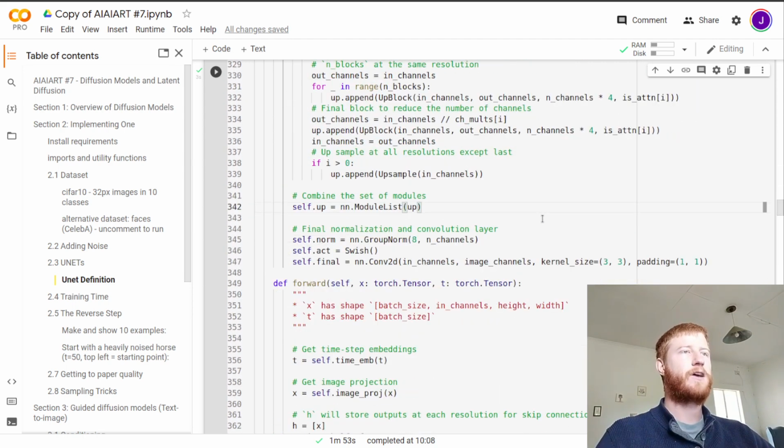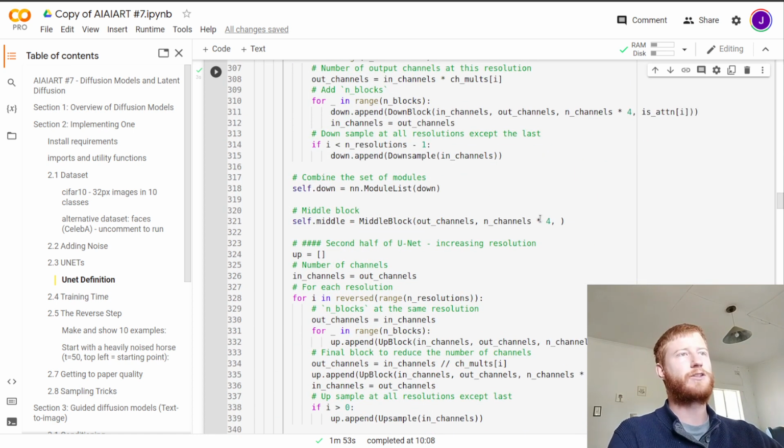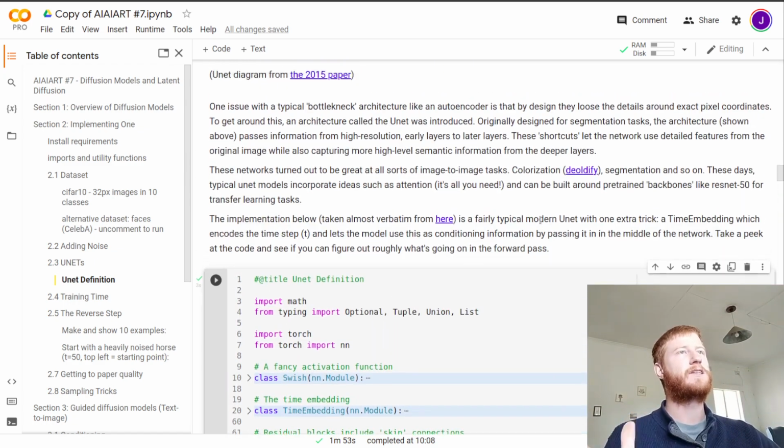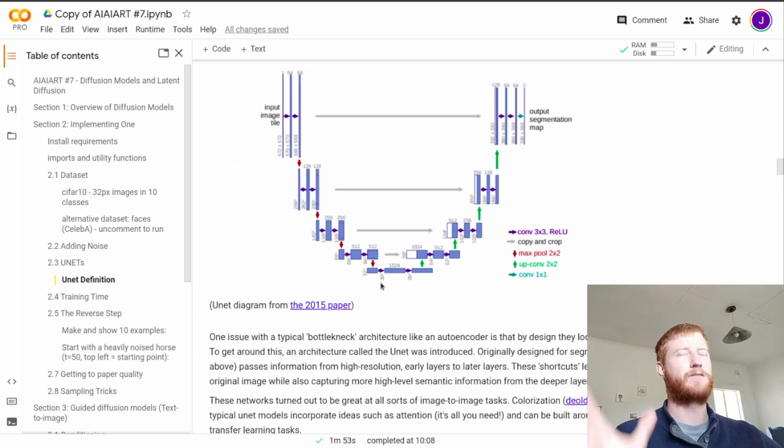Quite a long little diversion there, but I just wanted to show that it is something you can still approach and understand, right? It's made up of these building blocks that are made up themselves of smaller building blocks, and there's lots of literature on exactly why people do things the way they do, but the core idea here is that we just have this neat architecture that's able to learn some sort of high-level features by the deep architecture of it, but at the same time preserve some early high-resolution features and combine them together in smart ways. And the TLDR is that it takes an image and it produces an output,